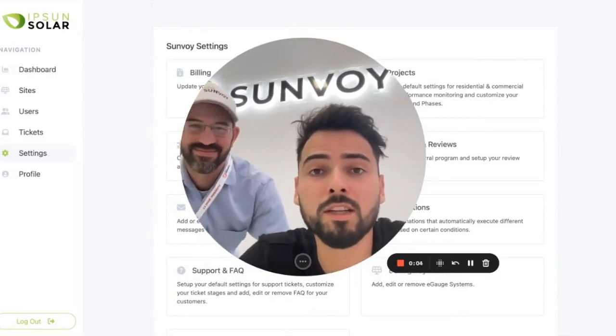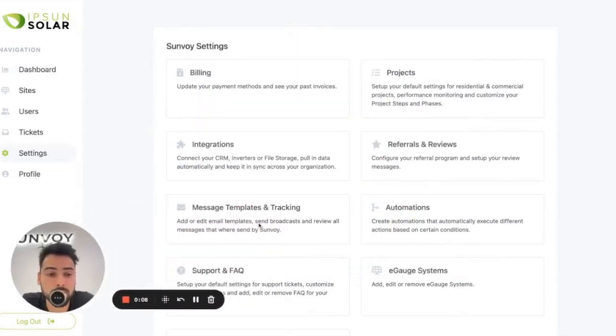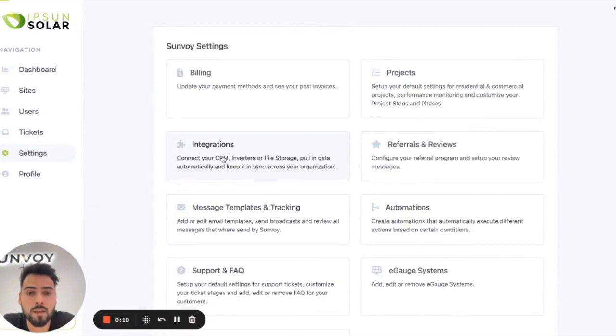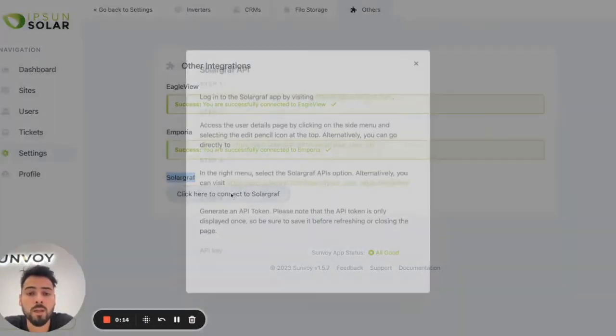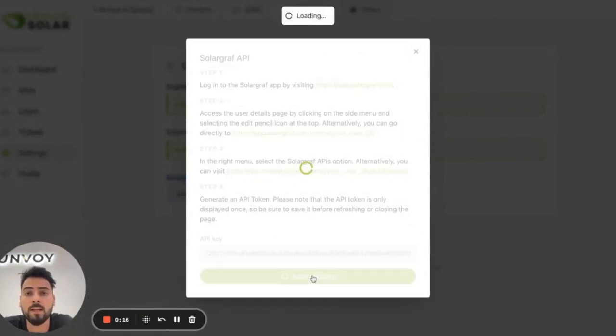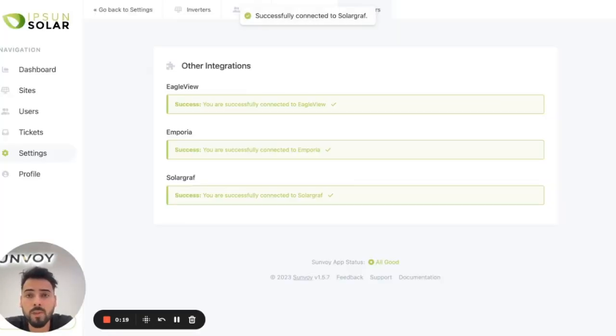And I just wanted to quickly show you the Solargraf integration. So now if you go here to integrations, others, you will have Solargraf within Sunvoy. And we're going to just copy and paste the API key here and connect to Solargraf. And now what happens in the background, we sync all the designs from Solargraf with our database of systems and